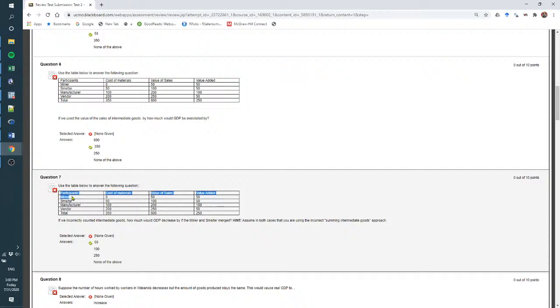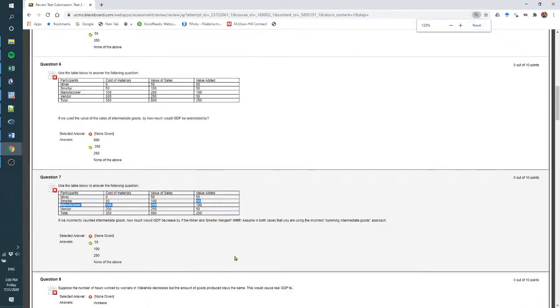So now what we want to do is merge the miner and the smelter. So really all we have to do is just imagine that this 0 right here moves down to the smelter's cost of materials, and this miner just disappears. So it goes from 0 to 100. So then we just add up 100 plus 200 plus 250, and if my math is correct, that gives us 550. And so because the miner and smelter merged,